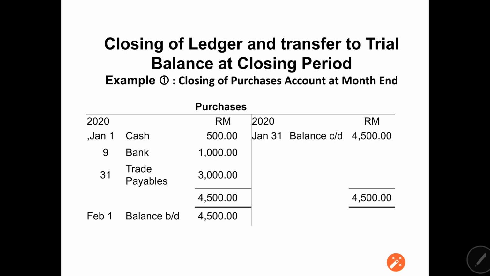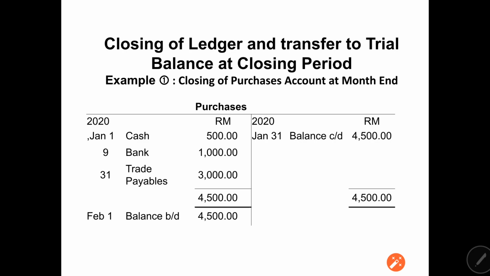Okay, example, what you see now is actually the closing of the purchases account at the month end. Okay, this is an example for 1 month account for the purchases. Okay，你眼前所看到的呢，其实就是一个 purchases account. Okay，我们在1号的时候呢，我们有 cash purchases 500块，然后同时呢，我们也有用支票呢去买我们的货，所以花了1000块。然后月尾的时候呢，我们也有赊账跟人家买东西，跟 supplier 买东西，买了3000块。So when you do the closing, you should use balance